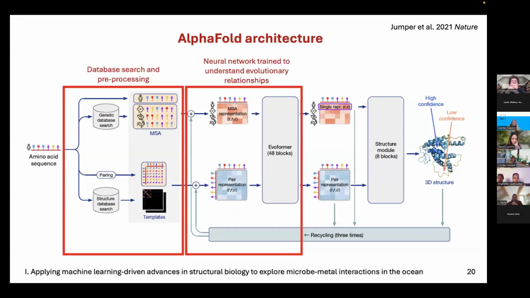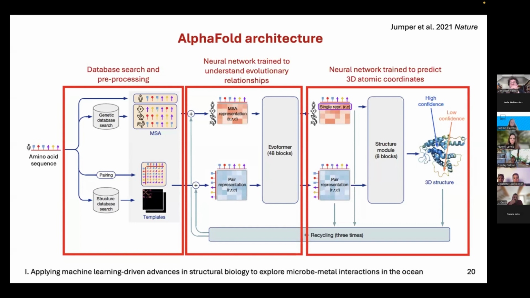This data is then fed to a neural network with 2 towers or parts, one that evaluates the importance of each residue in the sequence, and the other that evaluates relationships between residues. These 2 functions are able to cross-communicate iteratively. They do this 48 times before arriving at a final refined MSA and pair representation.